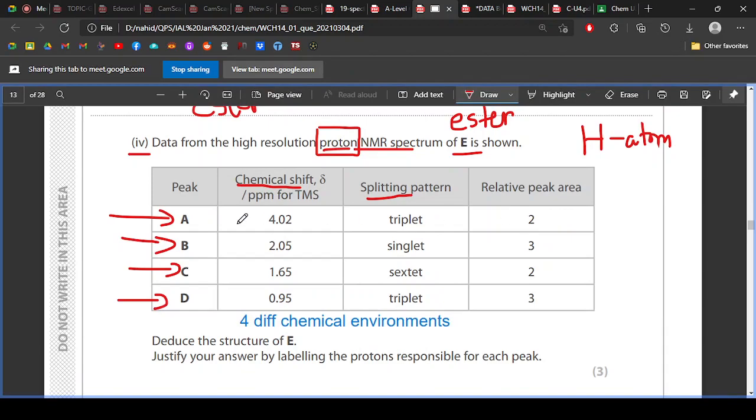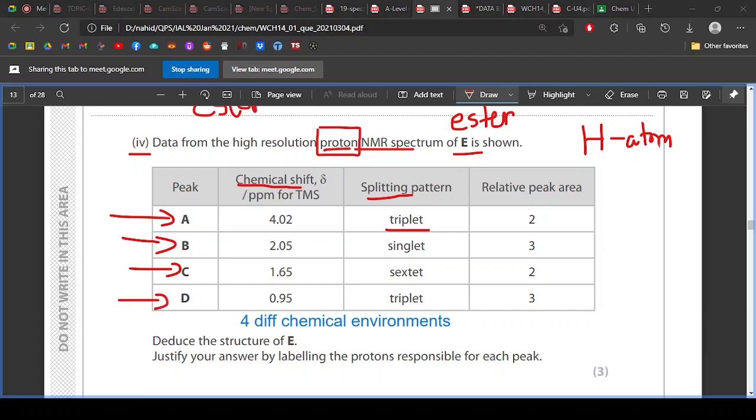So the peak at A, it shows a splitting pattern of triplet. Do you see that the first chemical shift shows a triplet, yes? It shows triplet. So since it's showing triplet,